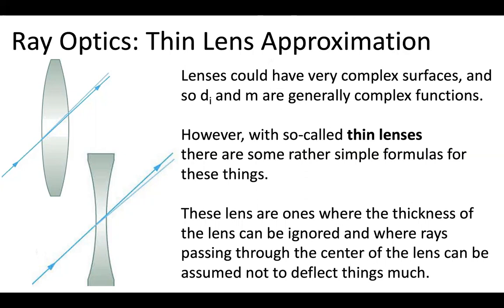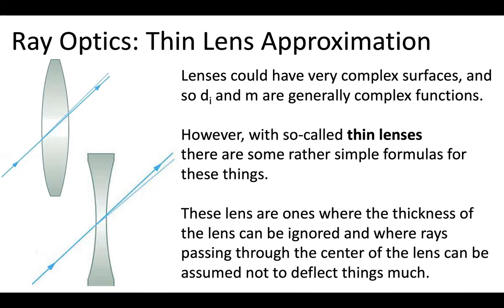The thin lens approximation allows you to basically relate those parameters we're looking for to things like the focal length relatively straightforwardly. The assumptions behind a thin lens are as follows. First of all, the lens is thin. That is, we don't really have to care that the lens has a finite width. That part of it doesn't really matter. So we can just say the focal length is the distance from the lens rather than from the center of the lens. The second